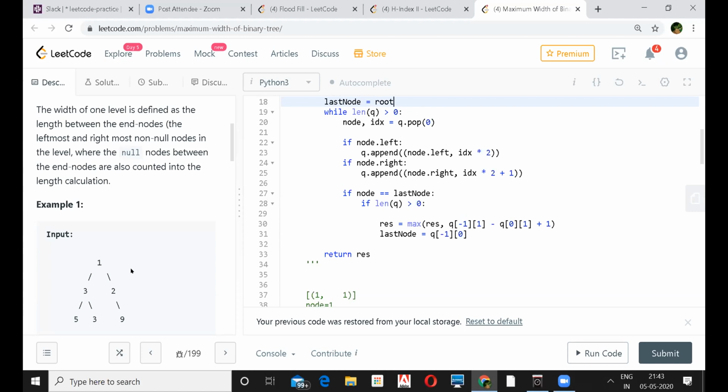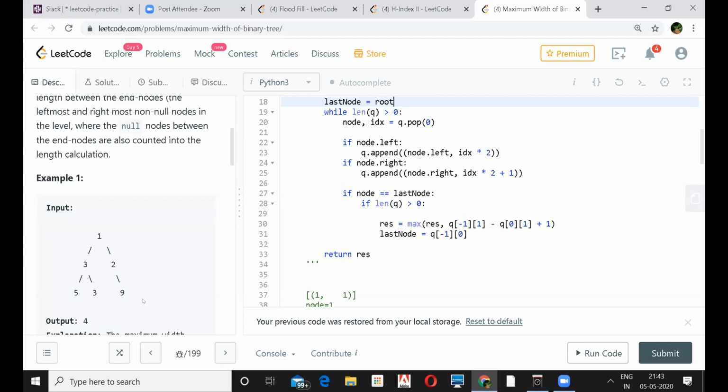What Leon was saying, you can actually add a null, but that becomes so complex, because if we go for the case where we don't have a 5 in example 1, then to keep track of all that you will have to do a lot of tricks. I think it can still be done, but it will be slightly difficult. And secondly, how will I take care of the leaf? If I got null here, the leaf also will have null, right?